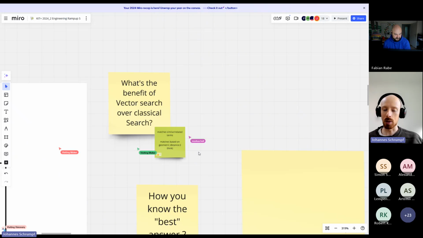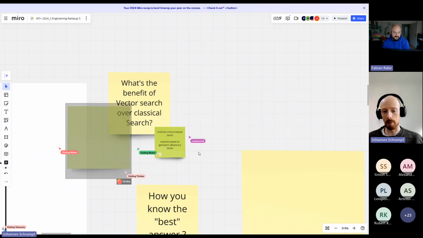So usually when you talk about bank as a money institution, you talk about money, you talk about deposits, maybe robbery or something like this. And when you talk about bank in the context of a river, you talk about water, rivers, flow, maybe shipping or something like this. And from this, the large language model is able to distinctly assign meaning to the word